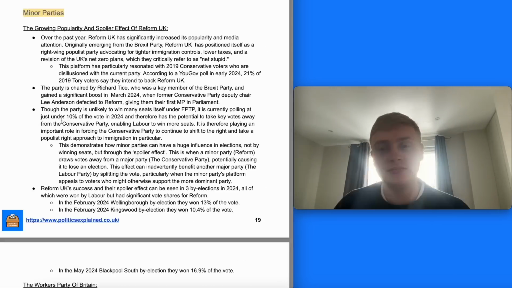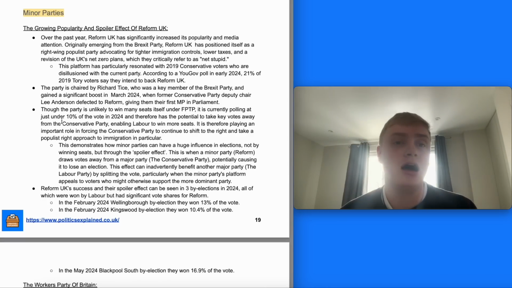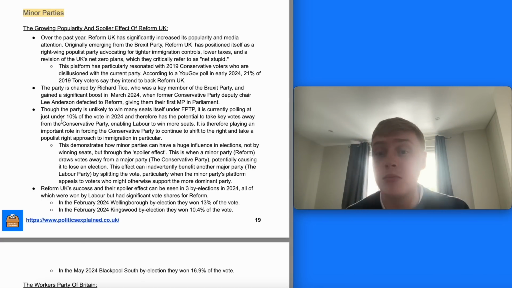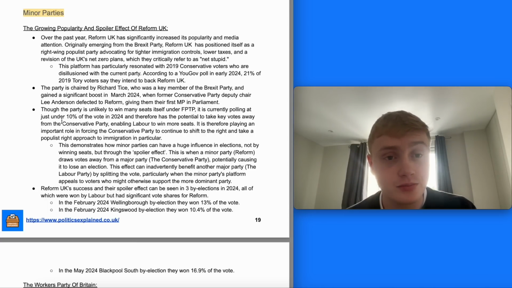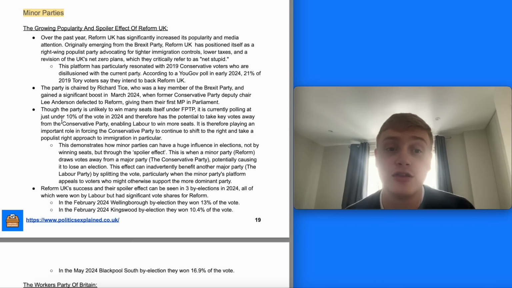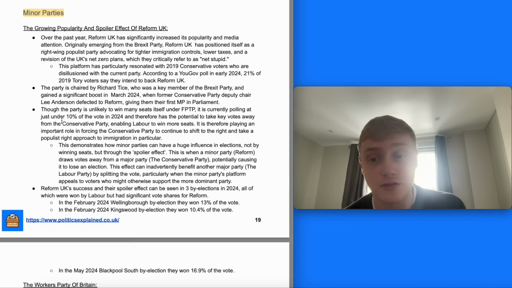The next example we're going to have a look at is in relation to Reform UK, which is a really useful example for political parties and minor parties in the party system, but you can also use it in relation to electoral systems, and the idea of the spoiler effect. Over the past year, Reform has significantly increased in popularity and attention. It originally emerged from the Brexit Party, which was started by Nigel Farage,